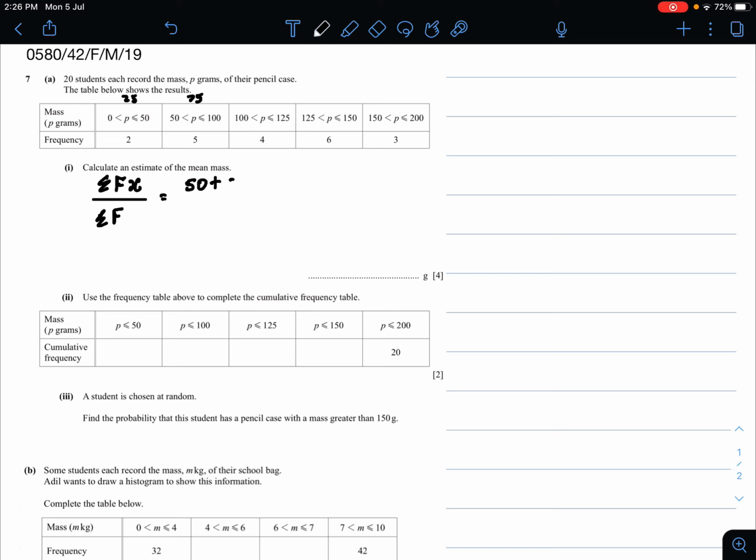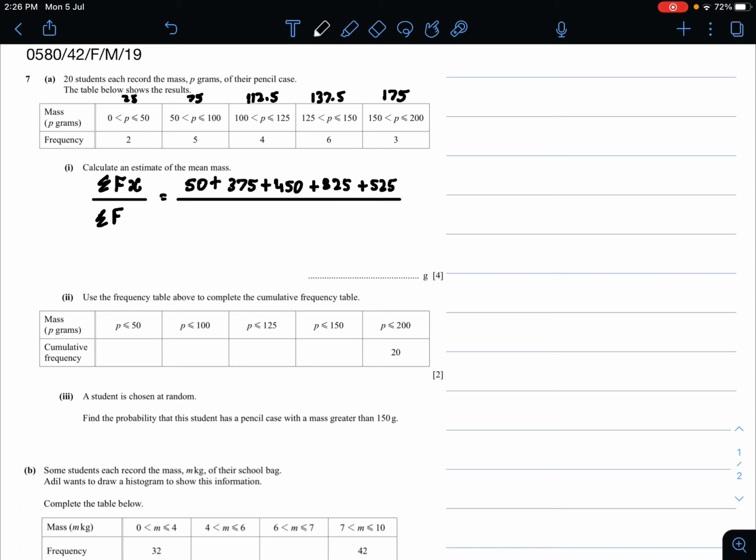would be 375. The average of 100 and 125 would be 112.5, and 112.5 into 4 would be 450. The average of 125 and 150 would be 137.5, and this multiplied by 6 would be 825. The average of 150 and 200 would be 175, and 175 into 3 would be 525,